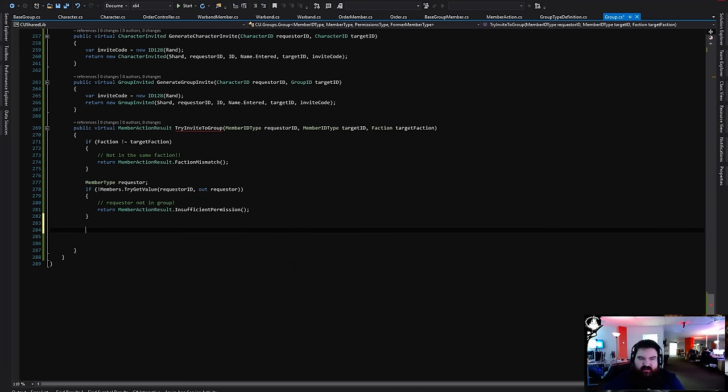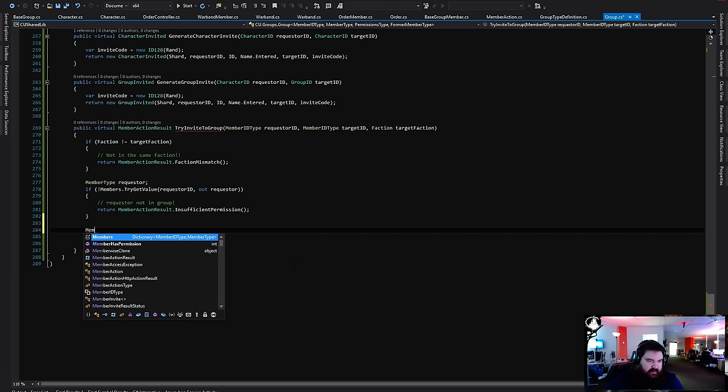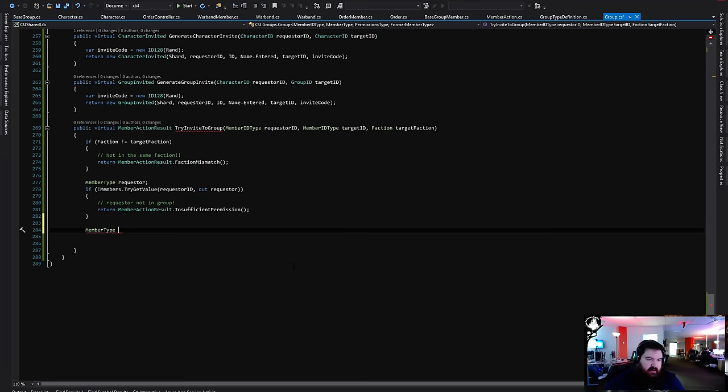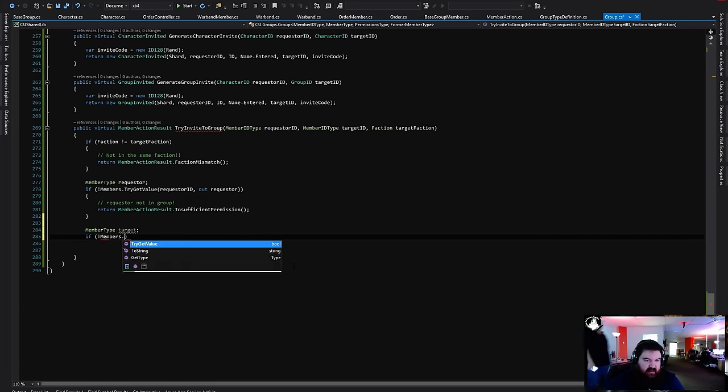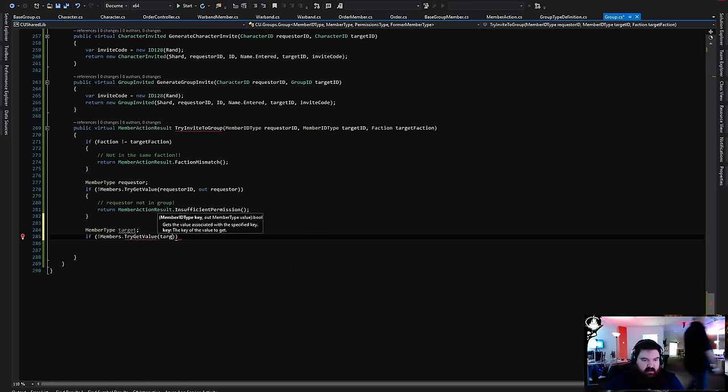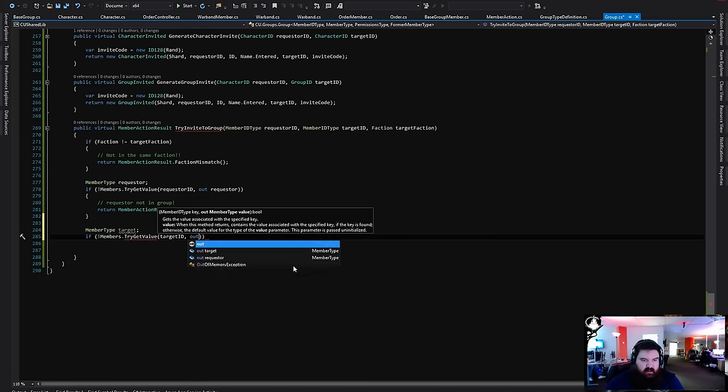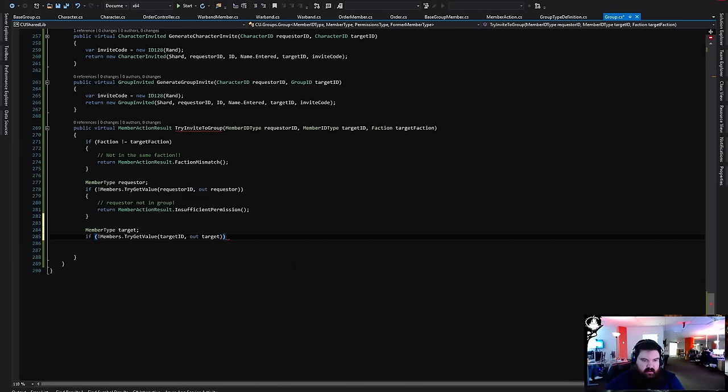Wester's not even in the group. Well, let's see if target, see if he's already in the group. That's not a not, that's like if he's actually in the group.